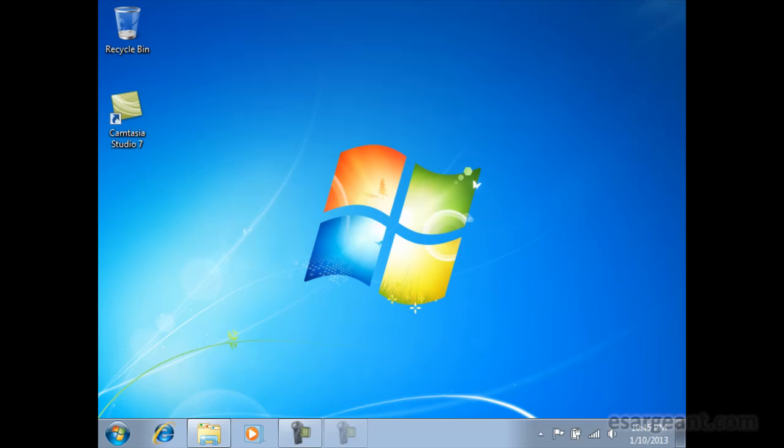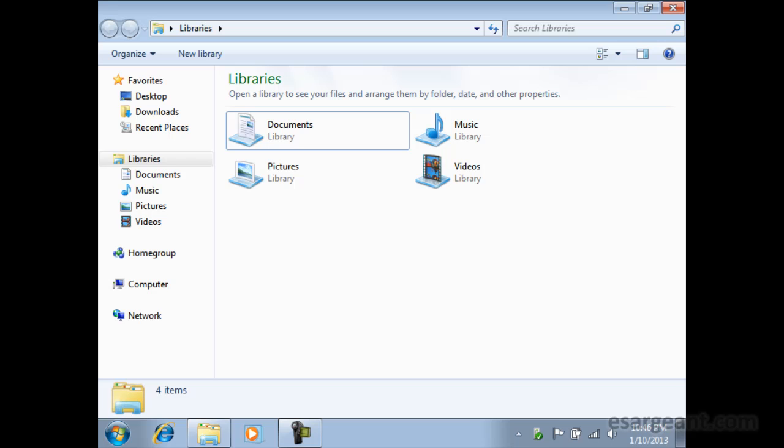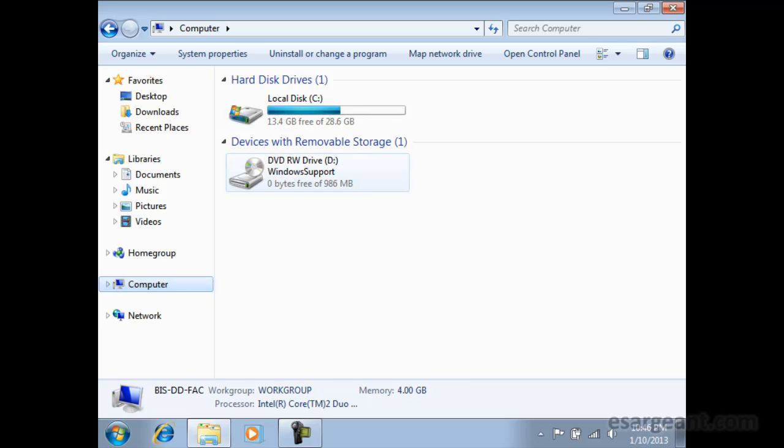Now, once you have your copy of Windows installed, the first thing you're going to want to do is install the Boot Camp drivers so that the Windows operating system knows how to talk to all of your hardware. So the first thing you'll want to do is insert your Mac operating system installation DVD that came with your machine, or if you were able to download the drivers when you did the Boot Camp install, you can go ahead and use those files that were downloaded. But in my case, I'm going to use the DVD that I have inserted,